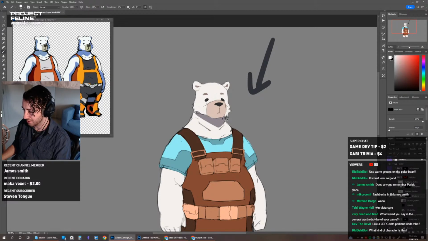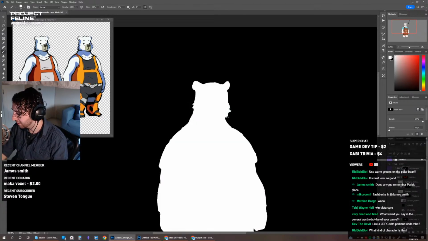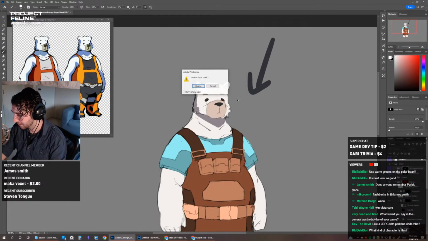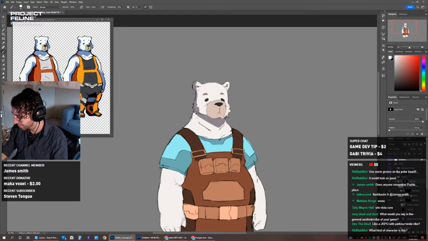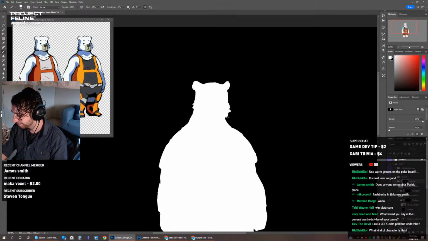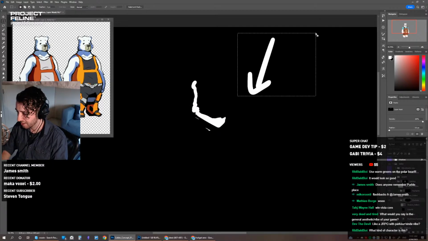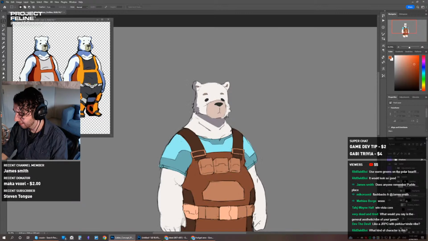I just want to add some shadows in. I need to get this mask. I've got to copy that, because I don't want to have to worry about coloring outside the edge. There we go. Okay, that's much better. You can get rid of that. I can just eyeball it. It's not too important. I just want to get something in there.